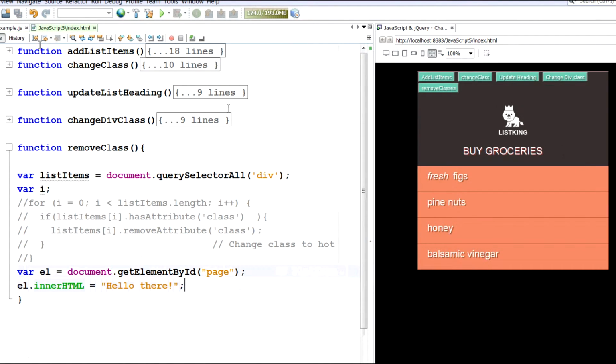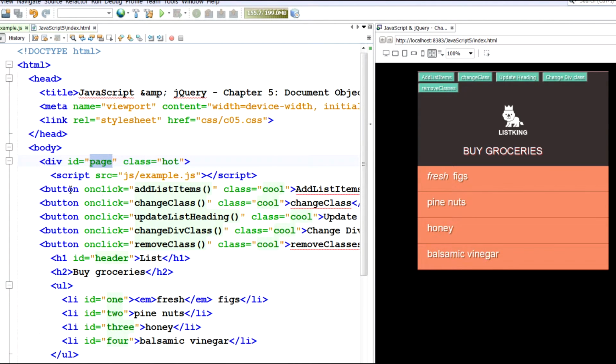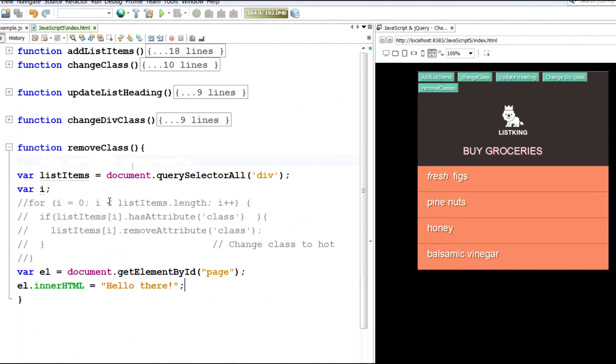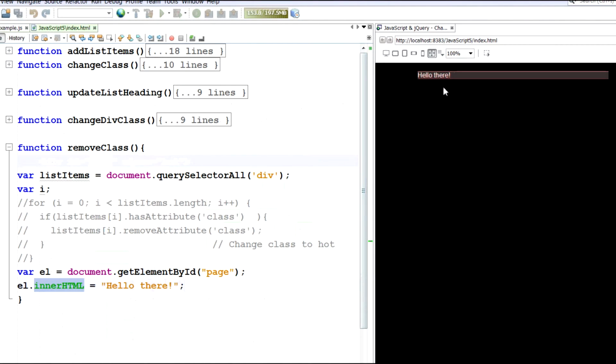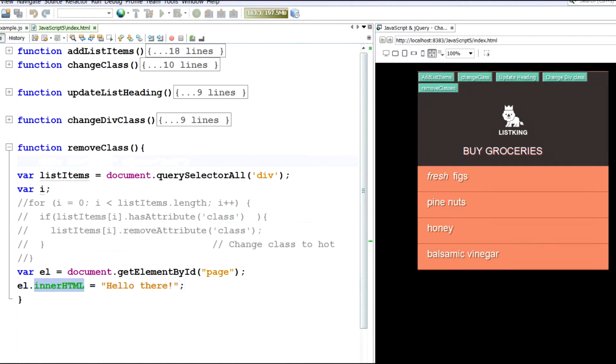Now let's see where our buttons are. Our buttons are actually within the page. So if I click remove class now, the inner HTML, this whole thing will change to hello there, and the buttons will disappear. Hello there. Whoops, just got rid of everything. Reload the page, back,